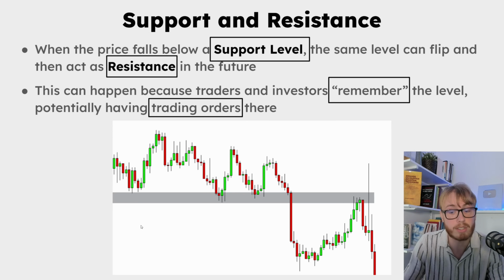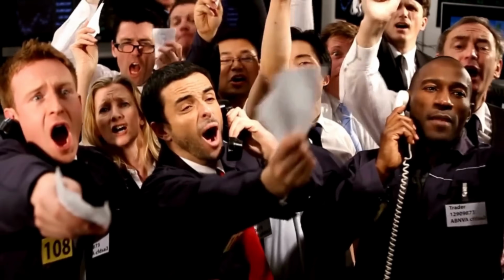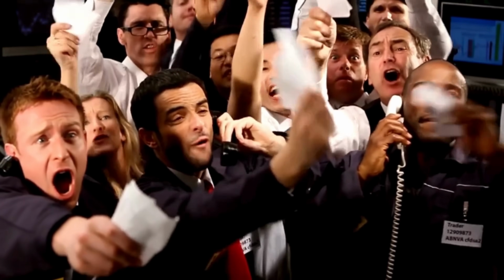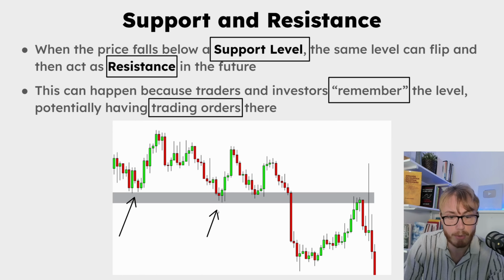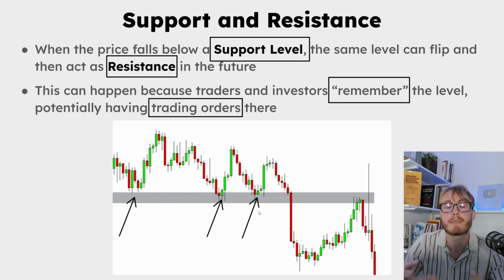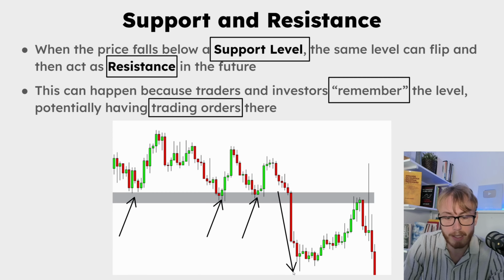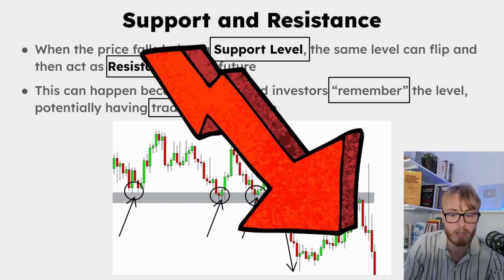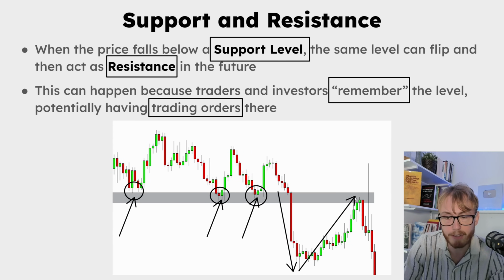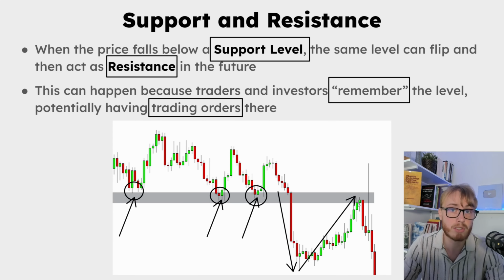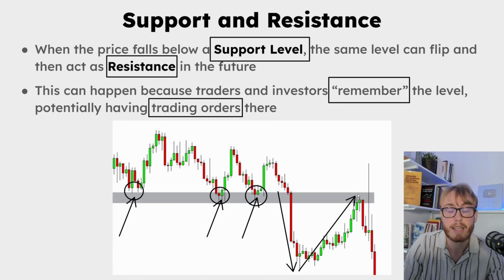So remember here that candlestick charts are not just random rectangles on a screen. Candlestick charts tell us a story about how buyers and sellers have been trading in the past. And as we can see on the support level, we have been seeing lots of buying pressure coming in multiple times, meaning that many people have bought around this level. So when the price broke below this level, this means that the buyers that bought here are now in a loss. So when the price eventually recovers, that means that the traders that bought on the support are no longer in a loss, and many traders will see this as an opportunity to sell at break even,